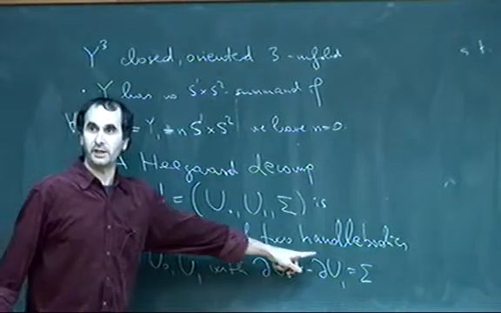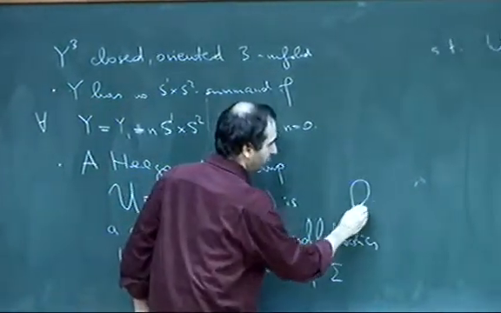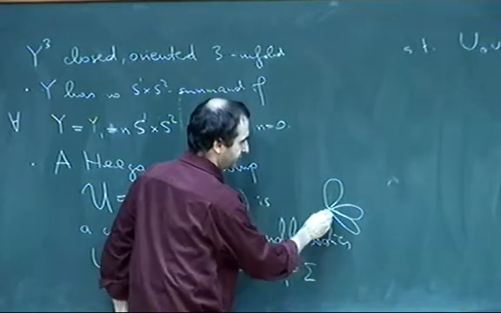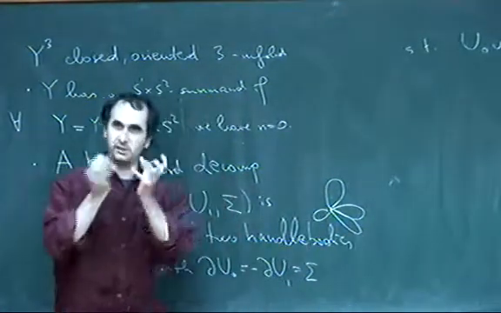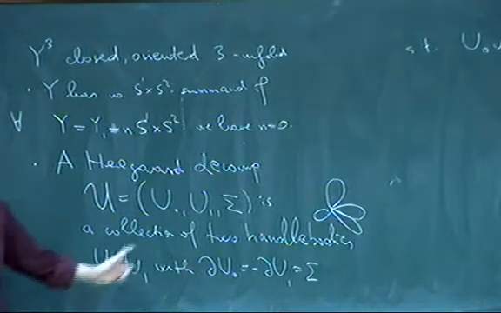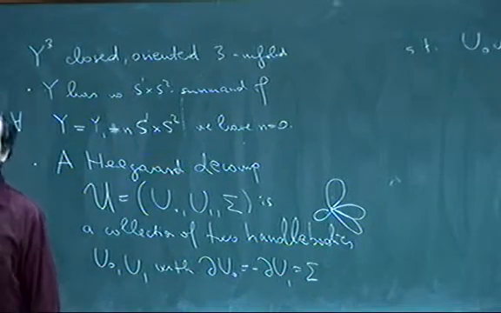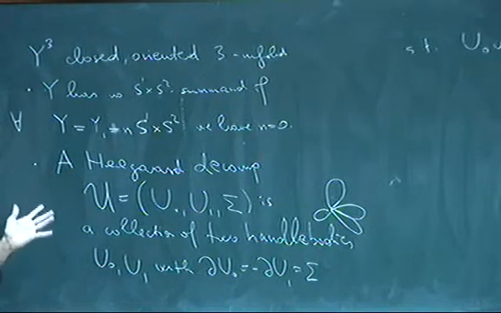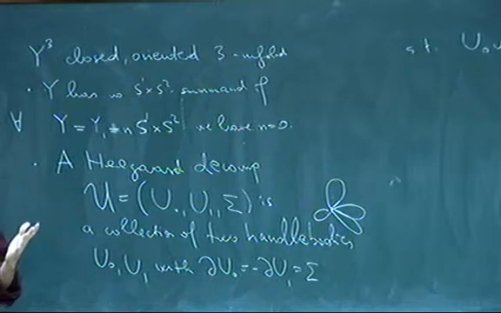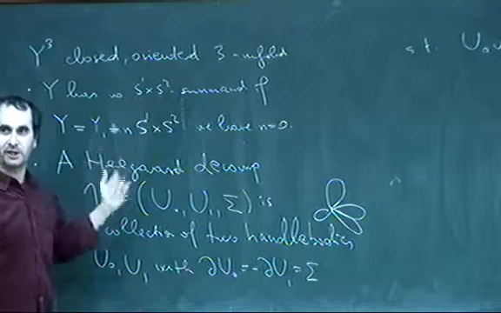So we know what a handle body is, right? We just take a bouquet of circles in 3-space, g circles, and we take a tubular neighborhood of that. It's a happy fact of three-manifold topology that every three-manifold admits a Heegaard decomposition, and this is where the theory gets half of its name. Because the Floer homology runs on a Heegaard decomposition,